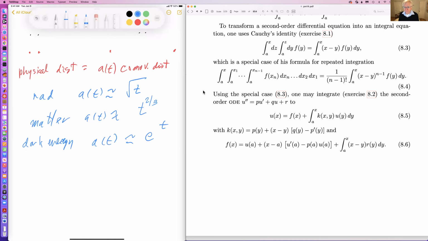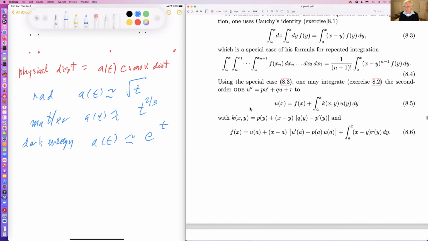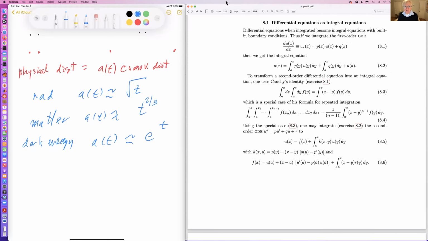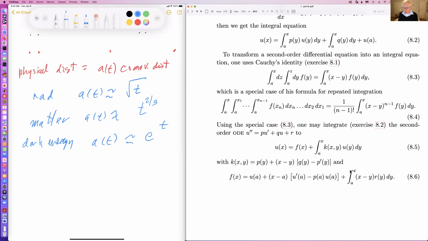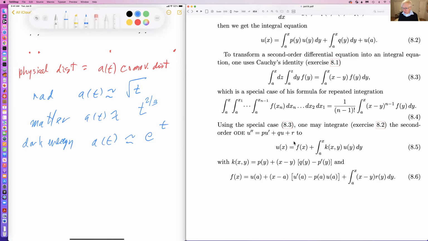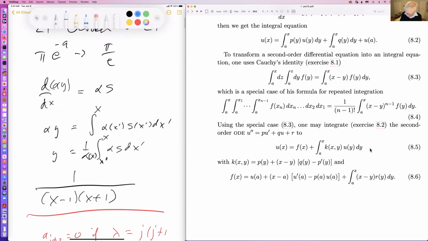Anyhow, so suppose we use this special case and we apply it to this second order ODE. Well, one of the exercises is that you can turn that second order ODE to a very nice integral equation. Yes, all right. So there was a question asked, and let me do my best to